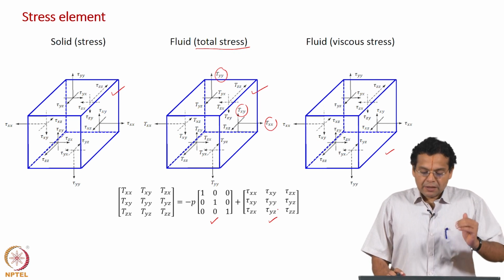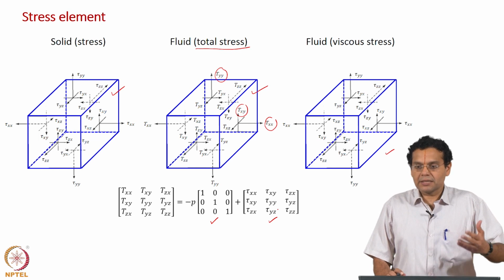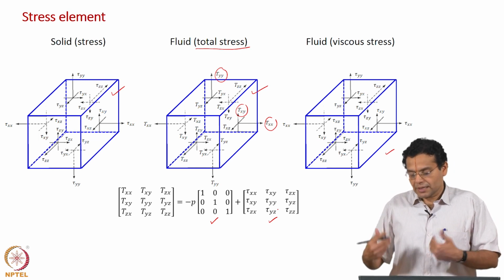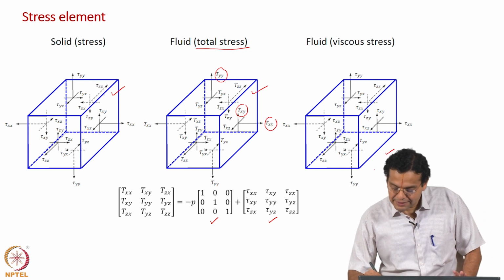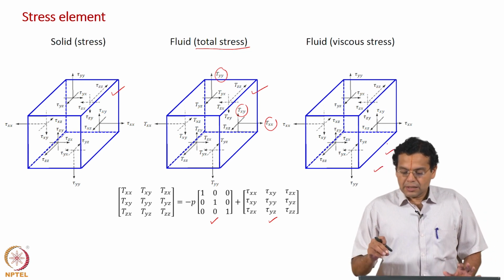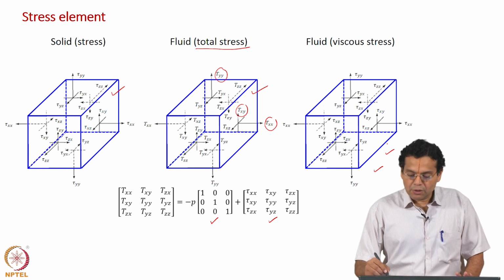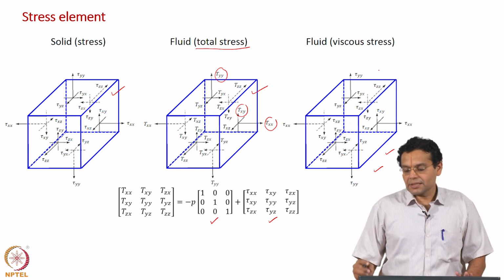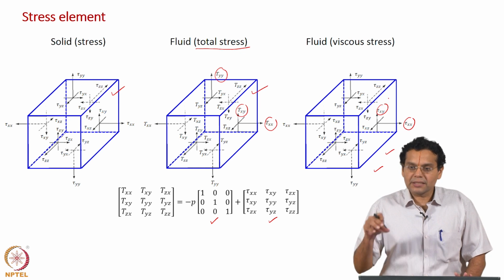Now, we have discussed that the total stress tensor has 2 components, the hydrostatic component and the viscous stress component. We already represented the hydrostatic component in terms of a stress element in the previous slide. Now, in the next slide we are going to discuss the viscous stress alone. So, the right side figure now has only tau xx, tau xy, tau yy. Now, why does it have only tau xx, tau yy? What does it represent? These tau xx etc. represent viscous stress components in a fluid.